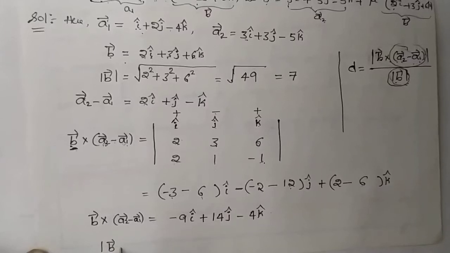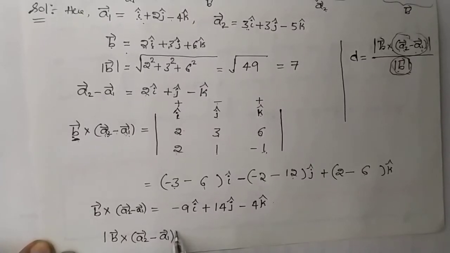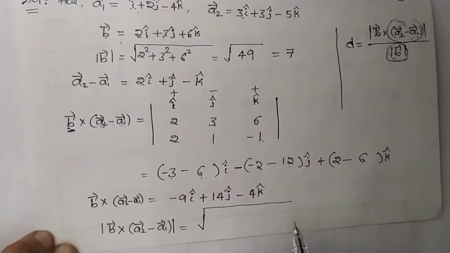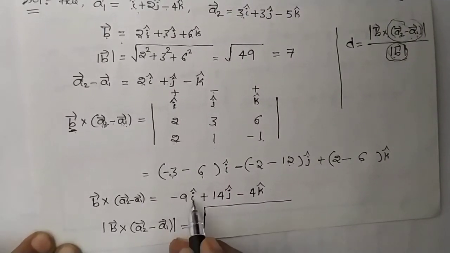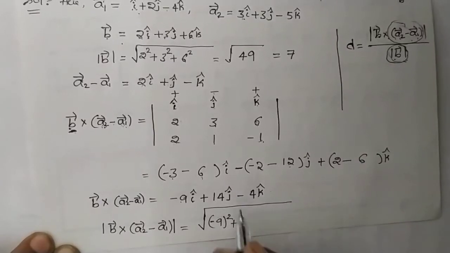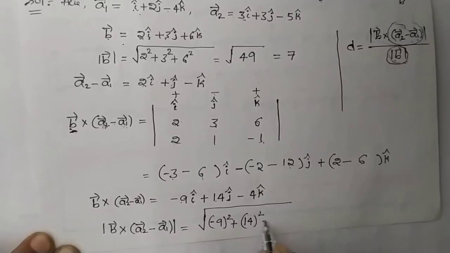Magnitude of b vector cross a2 vector minus a1 vector is equal to square root of... how to find its magnitude? I component square, that is minus 9 whole square, plus next j component square, that is 14 whole square, plus